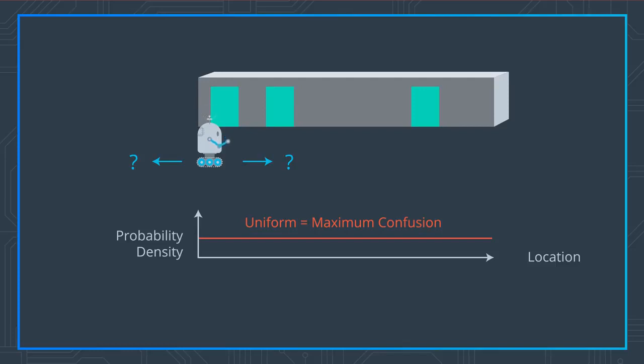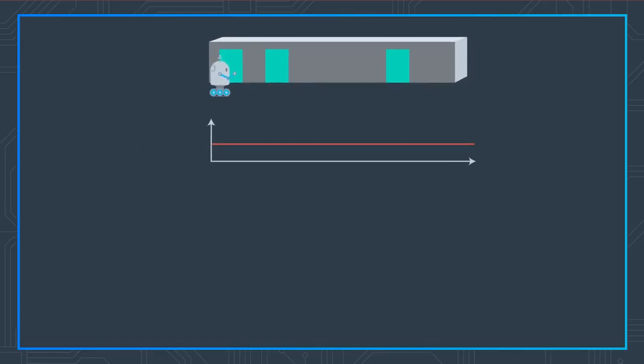Now let's see how the robot can localize itself by assuming it senses that it's standing right next to a door. So all it knows now is that it's located likely next to a door. How will this affect our belief? Here's the critical step for localization. If you understand this step, you understand localization.